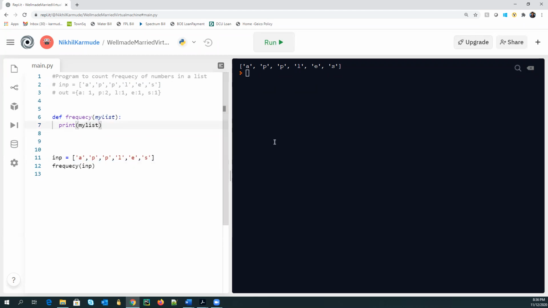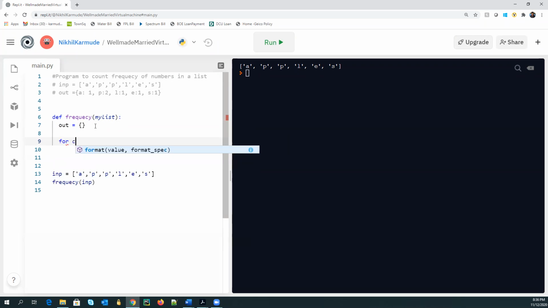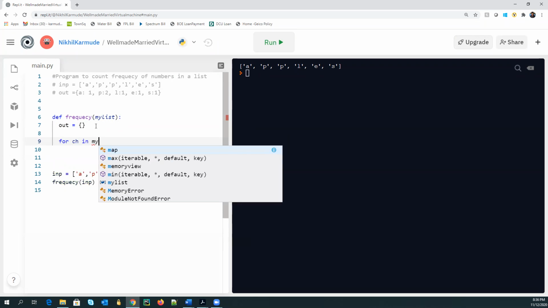So now we can do the actual processing, which was somewhat similar to the previous program which we did. We want to create a dictionary, which will be an empty dictionary. That dictionary's name can be out, because this is our required output. So I'm naming that dictionary out, and this is my initial empty dictionary. Now what I would do is, for character in my list,